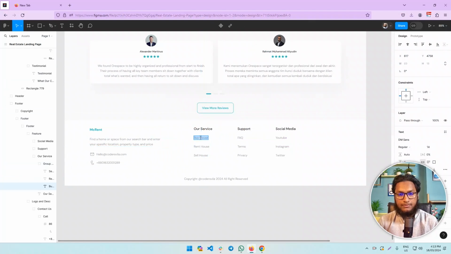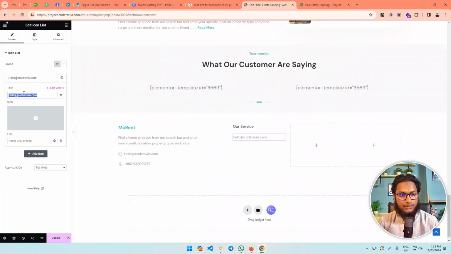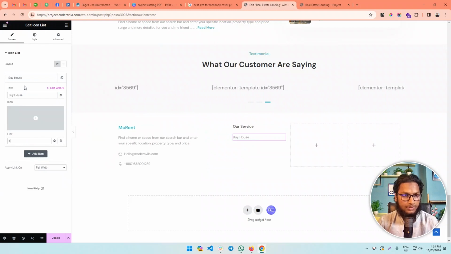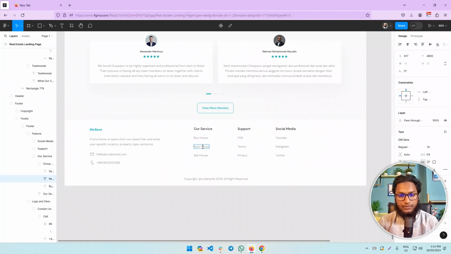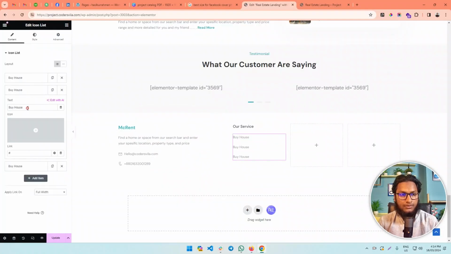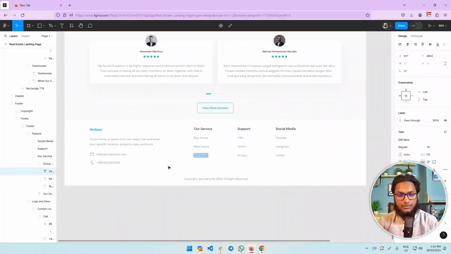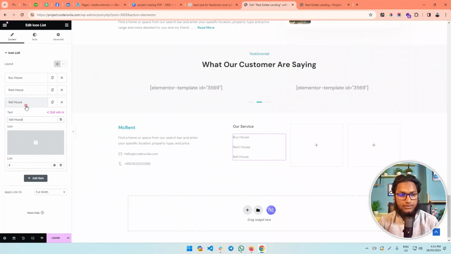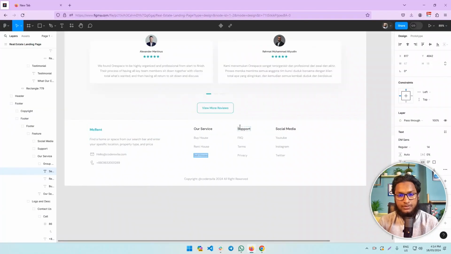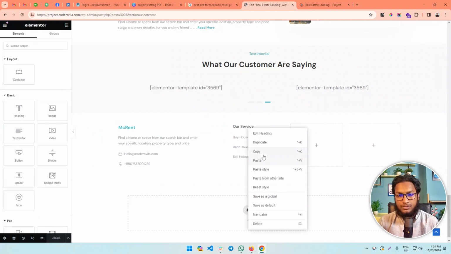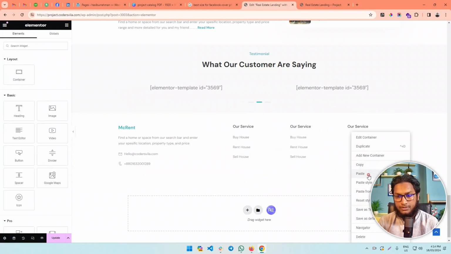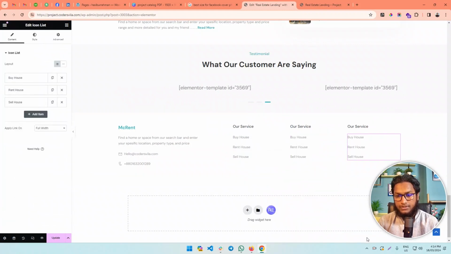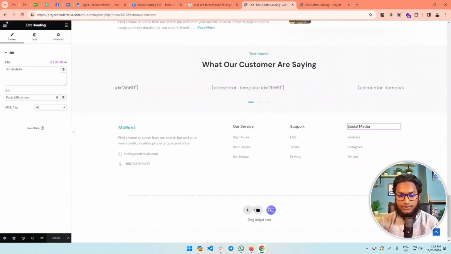Okay, update the contents. Use the link here. I can just use hashtag. Okay, update. Same way we can just copy paste here, copy and paste here, and update the content. Okay, I can just update the content, and now